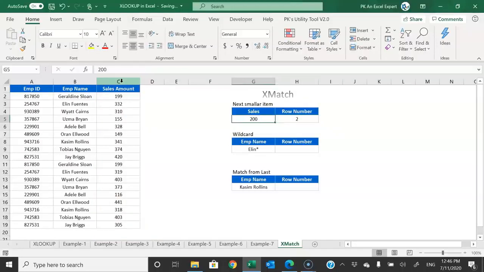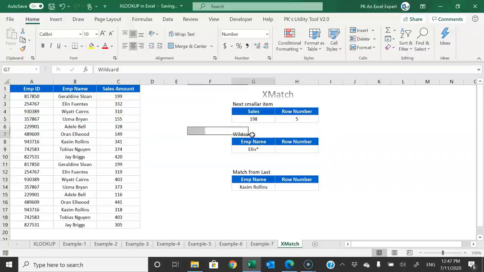So you can see it is providing row number 2. So here we have 199. Okay, so that is why it is providing this. What if I put 198 here? It is returning row number 5. So 198 is not available directly here. So it will provide you the next smaller number than 198, which is 155 here, this one.